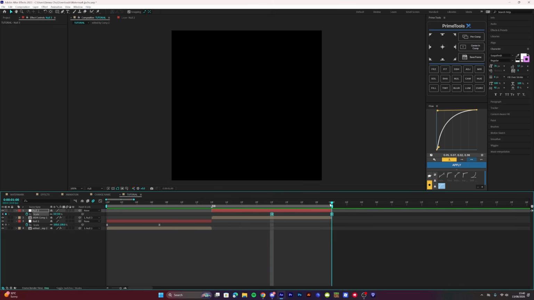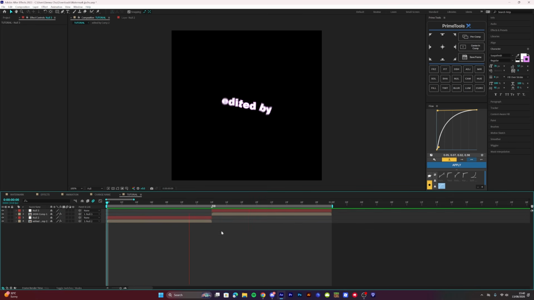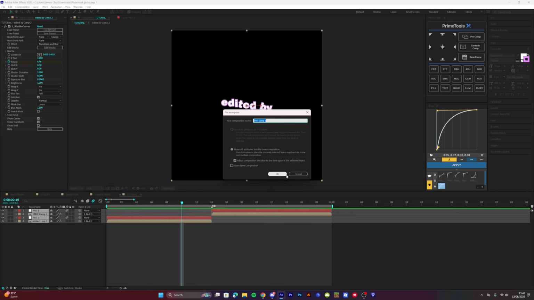I usually do it for like, I feel like that's enough frames. Alright, so okay guys, now enable this. Once you've done this, you're pretty much done, but you can recomp all your layers